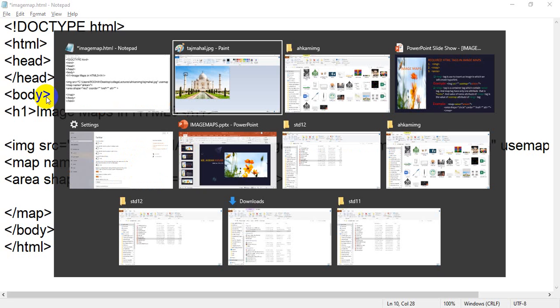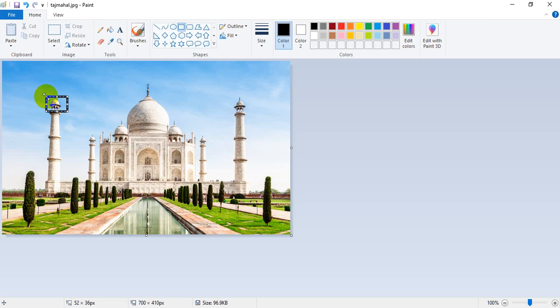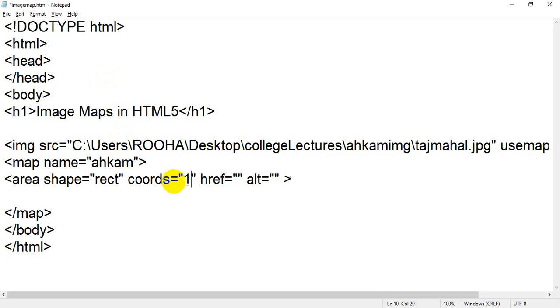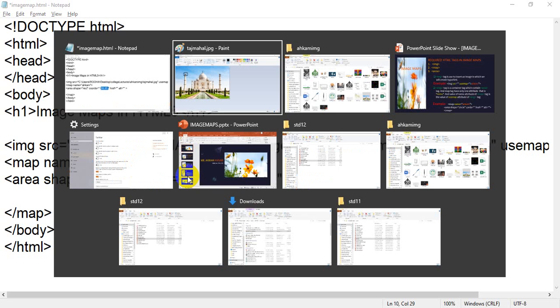Let me check, the coordinates are 108 and 85, 108 comma 85. The first one is the x coordinate and the second one is y, x axis and y axis. This is the coordinates of the first position, the top left.